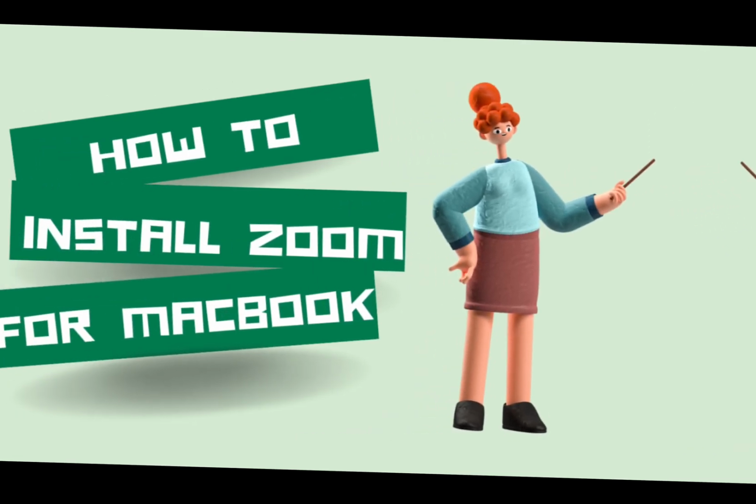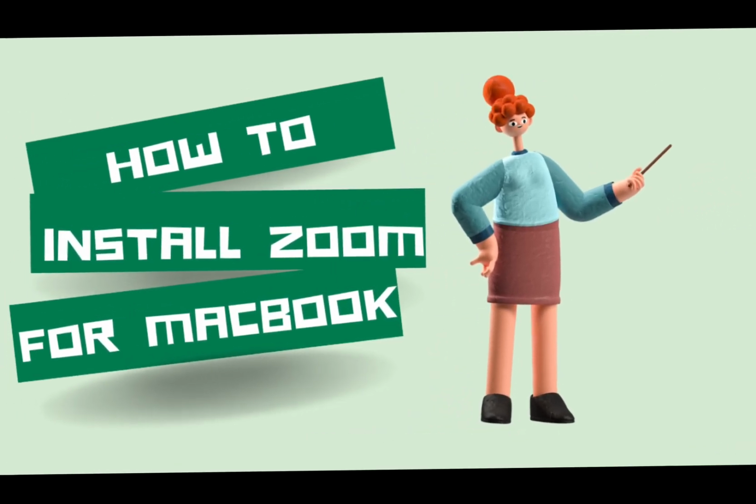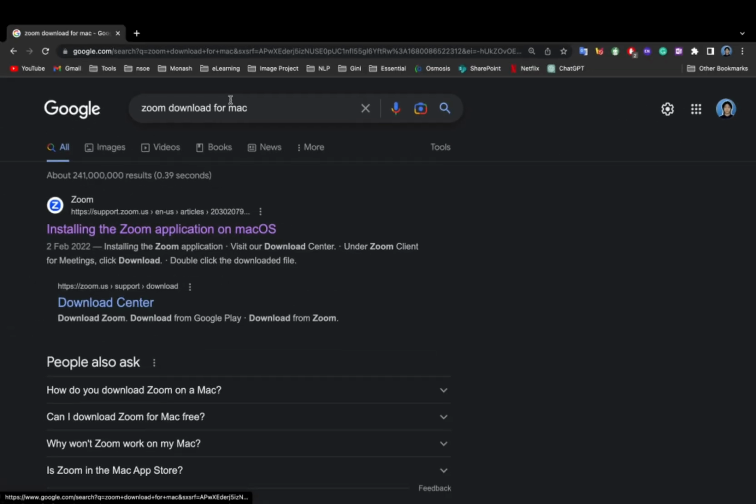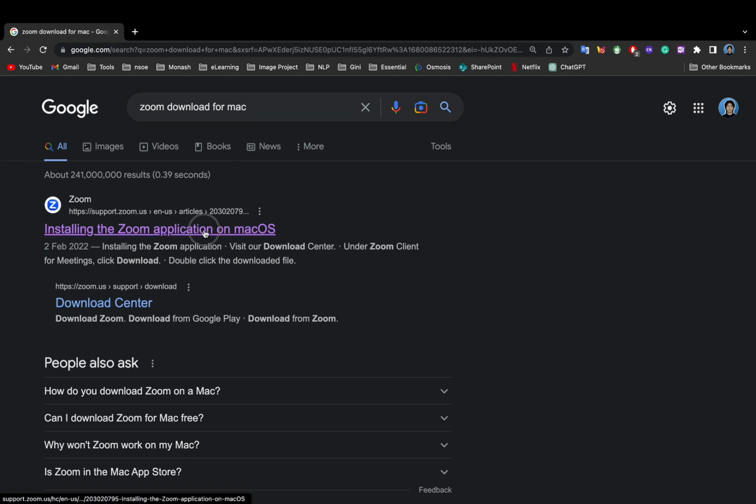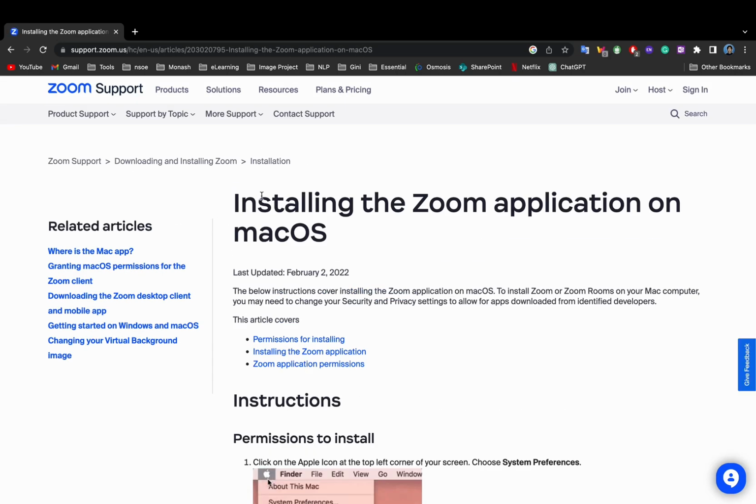This video is how to install Zoom meeting application in MacBook. First, type Zoom download for Mac in Google search and click the link as shown in the video in this